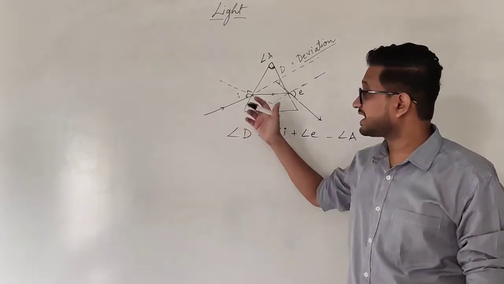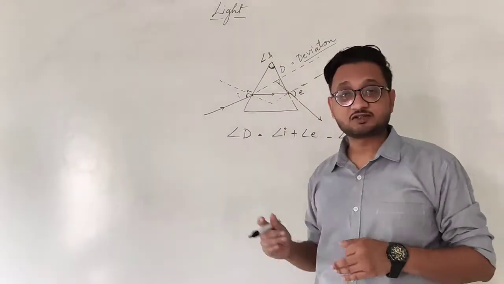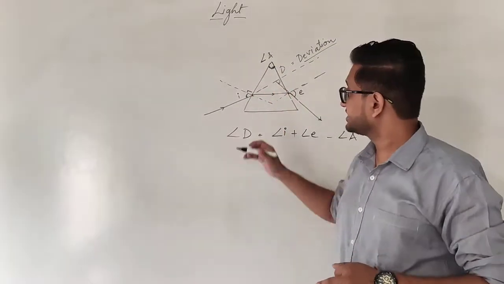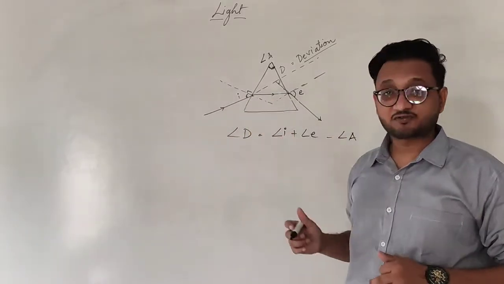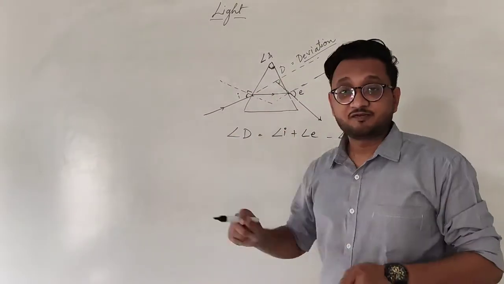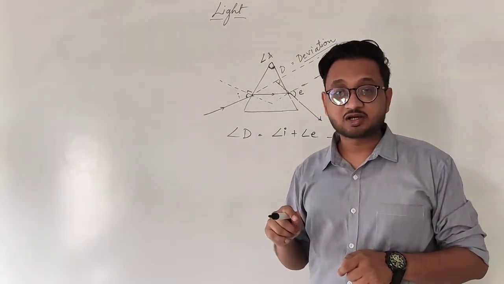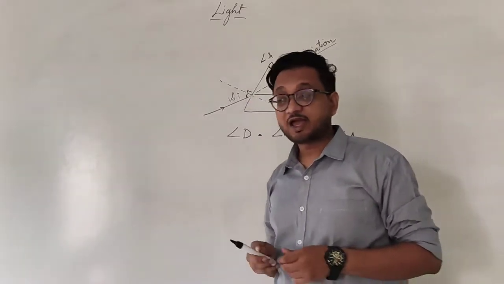And you can choose the angle of incidence of your choice, whatever the angle of incidence that you choose, it is up to you. Let's say you have chosen the angle of 45 degrees. That means the ray of light is incident at 45 degrees. Make an angle of 45 degrees and draw a ray of light with a pencil. So this is our 45 degree angle.